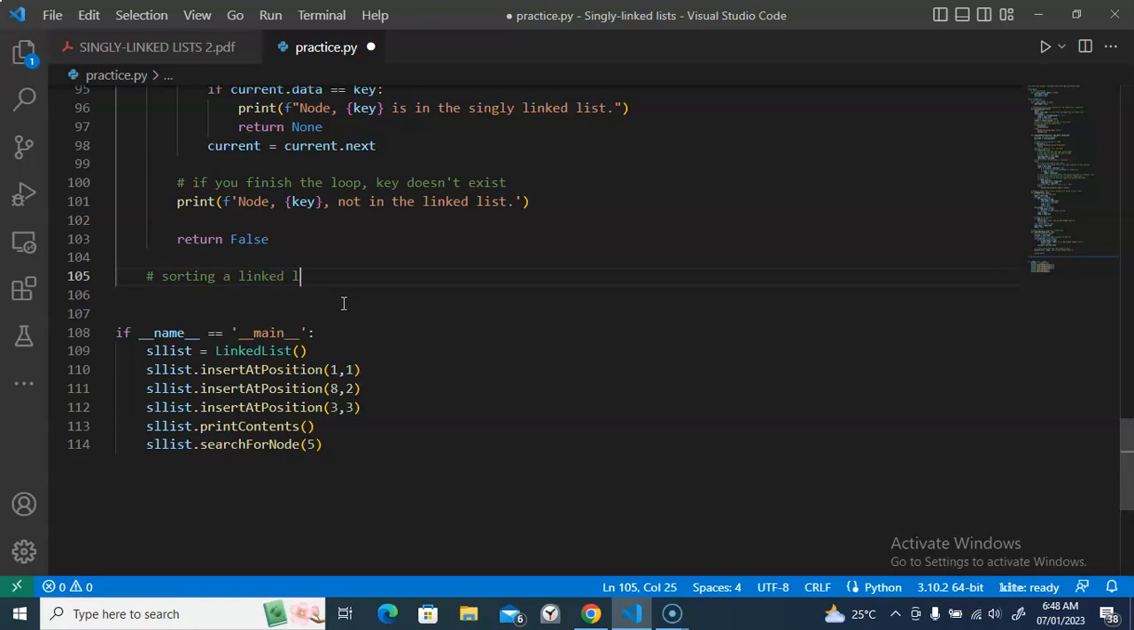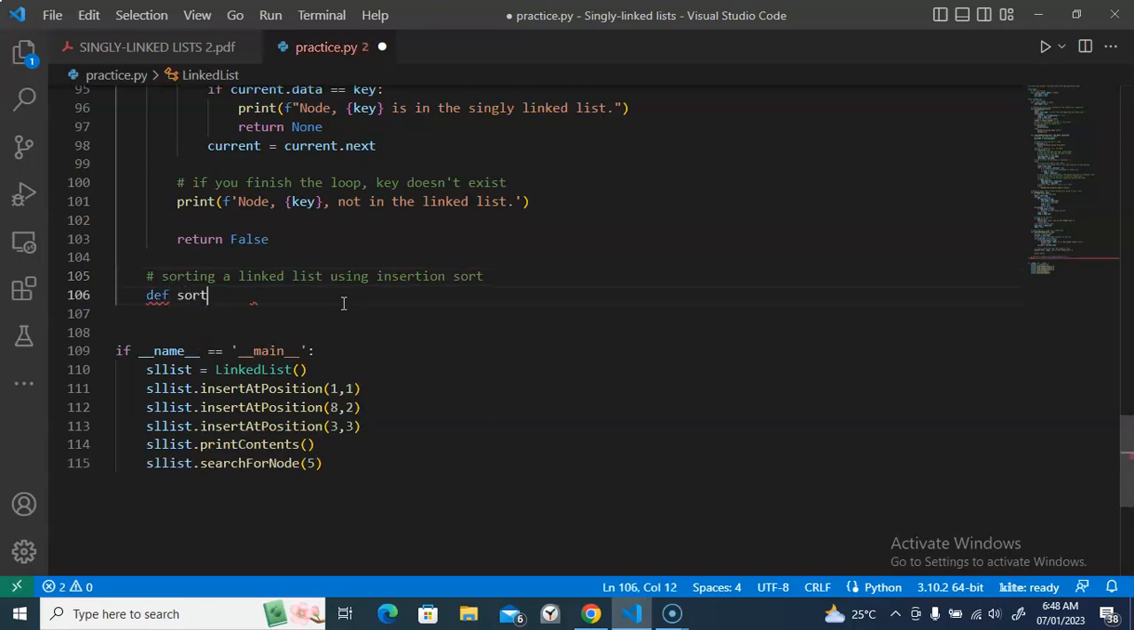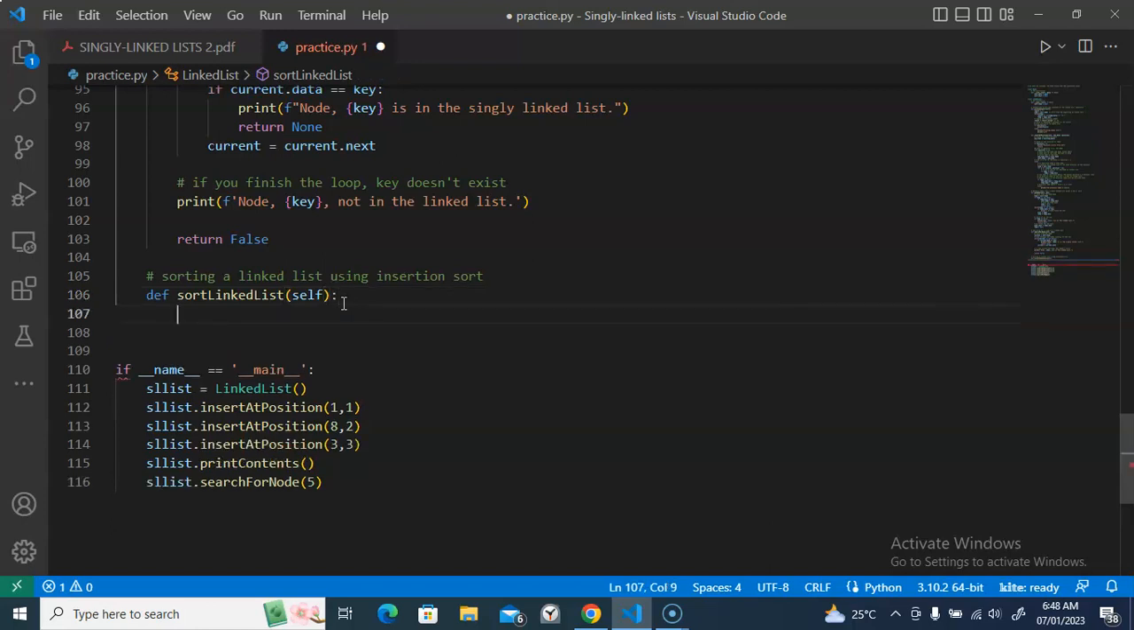Sorting a linked list using insertion sort. So we'll call the method sort linked list. First, we'll create